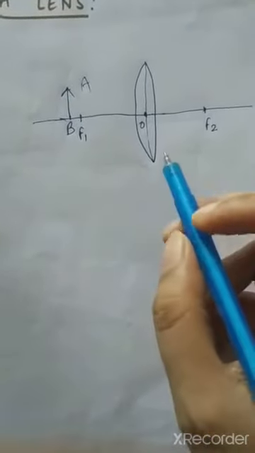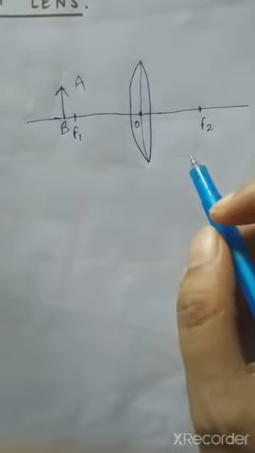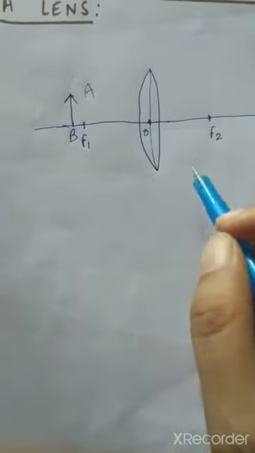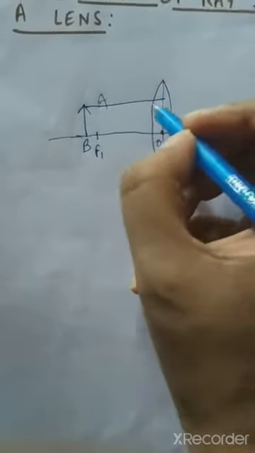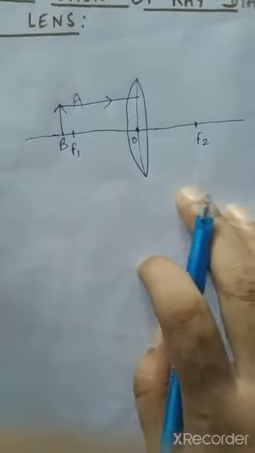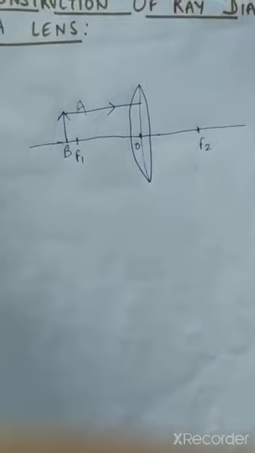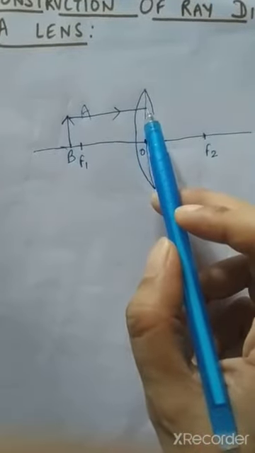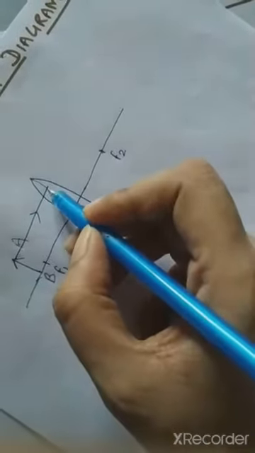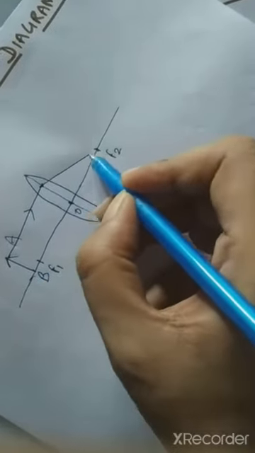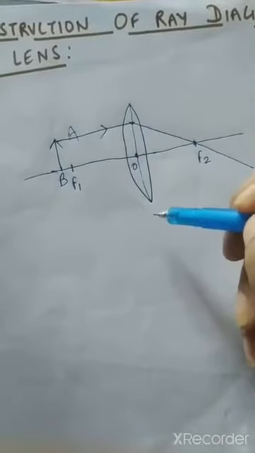Now, as I told you, two rays of light I am going to take to draw the ray diagram. The first one will be the ray of light parallel to the principal axis, and the second one will be passing through the optical center. The first one, parallel to the principal axis, after refraction converges passing through F2. So as before, you have to bring this line till here, and from here you represent the convergence. That's why I have told you to draw a middle section of this line, so it will be easier.